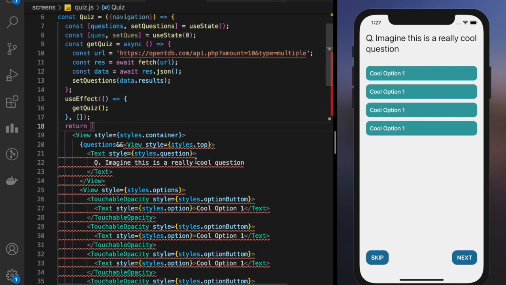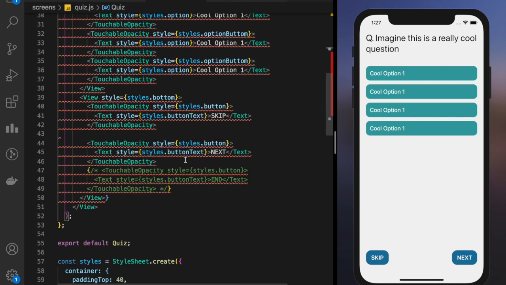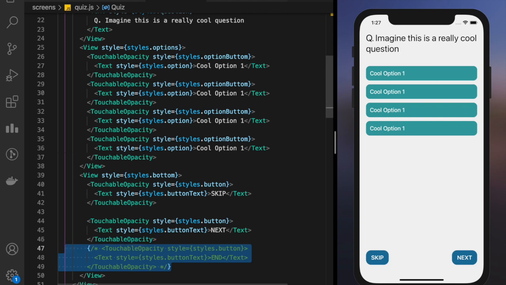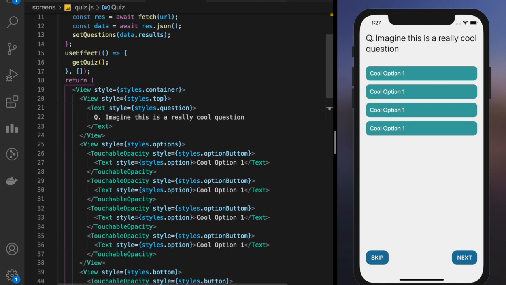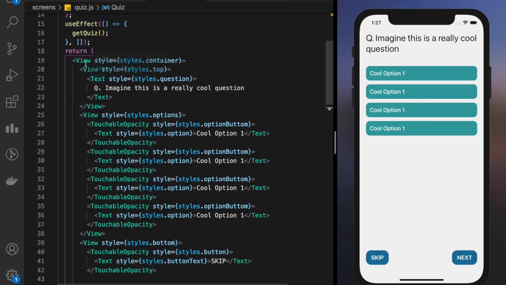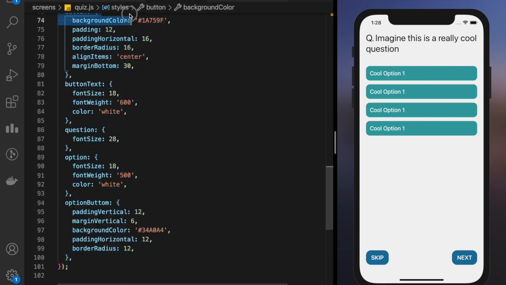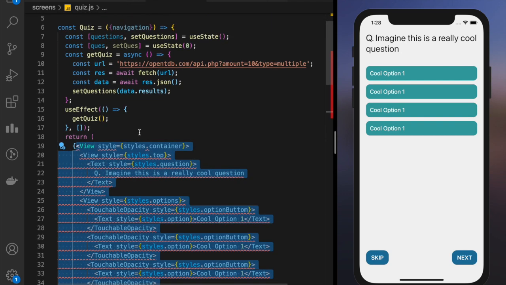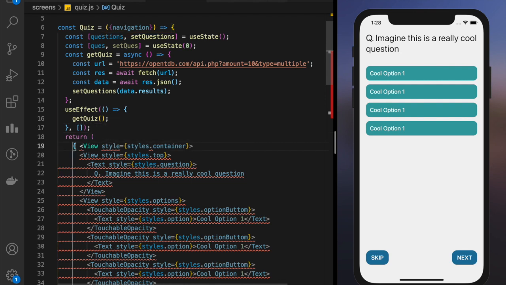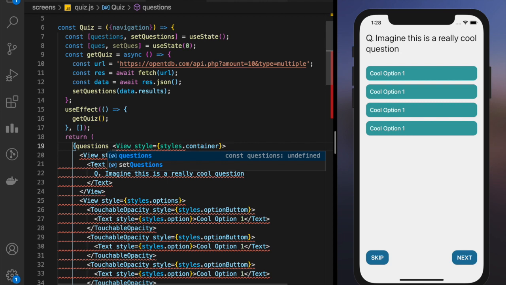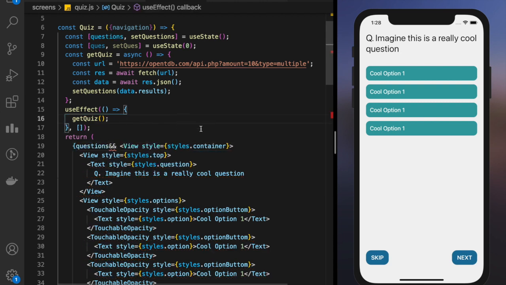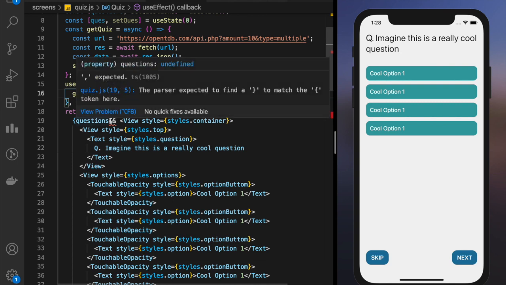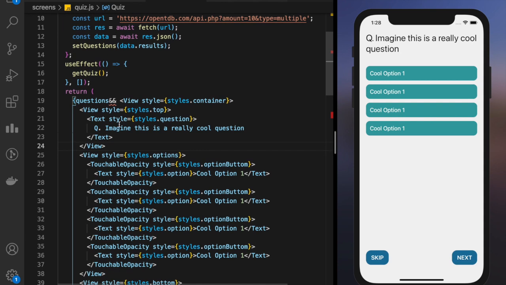Okay, let me see why it is giving an error. Give me a second. Let me put everything inside it, and let us say that if we have our questions, okay, the error has gone, but it is saying an unexpected property.